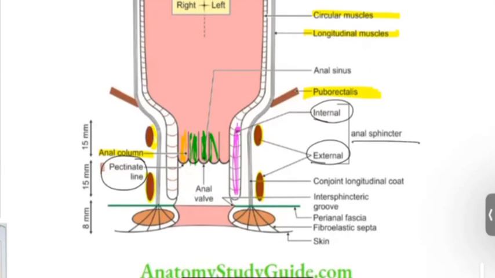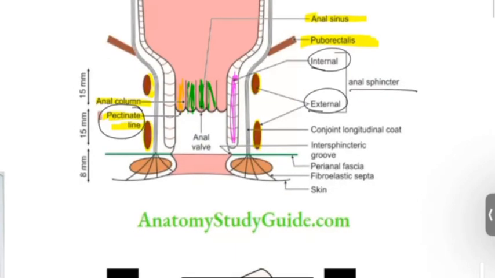And then this is called anal sinus. That is, whatever the anal columns are there, they will form anal sinus and then they terminate at a line, and that line is called the pectinate line. Okay, after that we need to know that this is also called anal valve. After this, there is a fascia called perianal fascia, and then it will have an intersphincteric groove between two sphincters, and then at last is the skin. So this can be divided into 8 mm, 15 mm and 15 mm, basically 3 to 3.8 centimeters approximately. Okay,